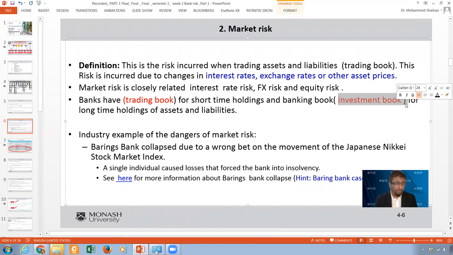Now, market risk can be very, very risky to the bank. And we have seen so many banks collapse because of this trading, because sometimes you take huge exposures. And when we take these huge exposures, you are exposed to huge losses that the bank capital cannot compensate or buffer, and at the end of the day, the bank collapses.